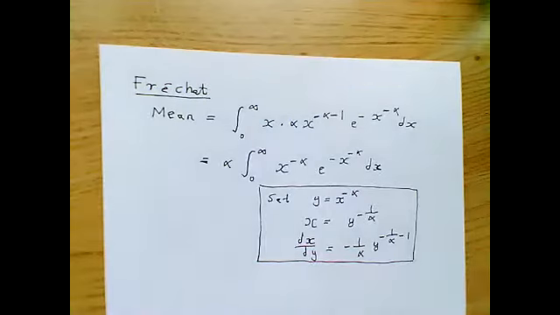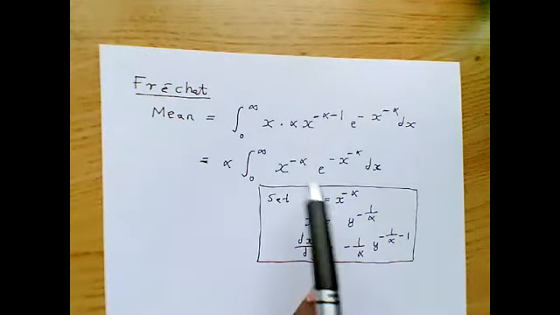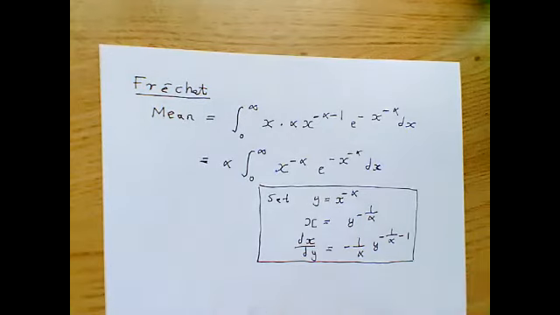Now if you make this substitution into the integrand, this is what you will get. You will get alpha. The limits will change. When x is 0, y will be infinity. When x is infinity, y will be 0. So you have y